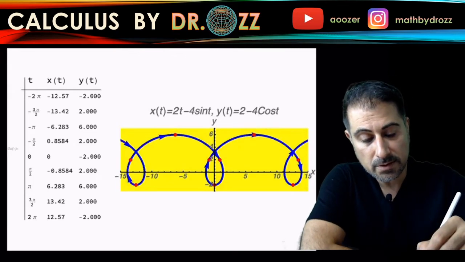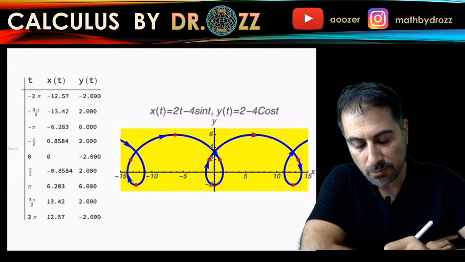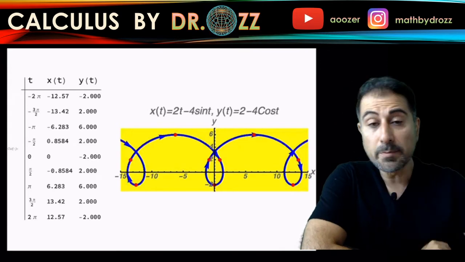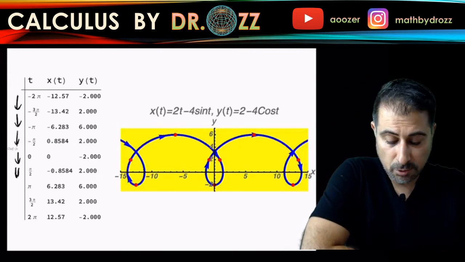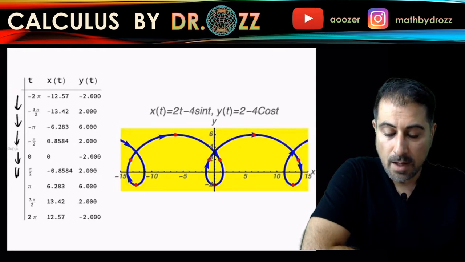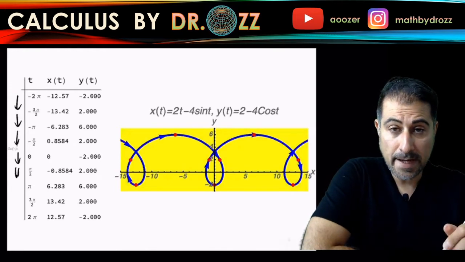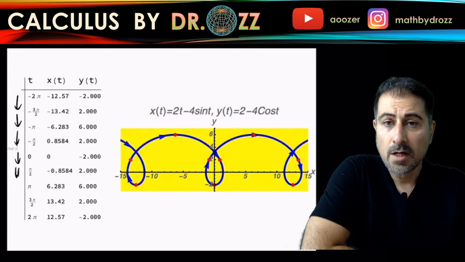So let's start with t equals negative 2 pi, but again, your choices could be totally different, and the increments that I gave here is pi over 2 from one to another. So you may reduce that down to pi over 4 if you want to. Okay, so for negative 2 pi, once you plug negative 2 pi back into x and y for t, you get